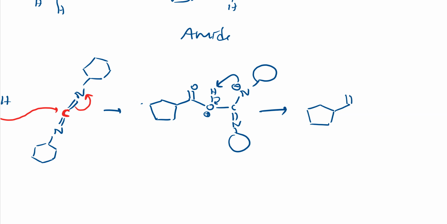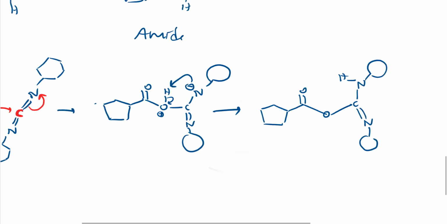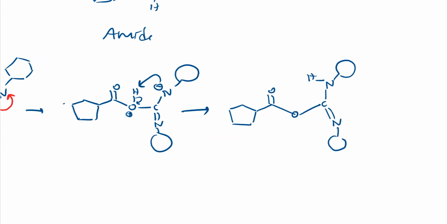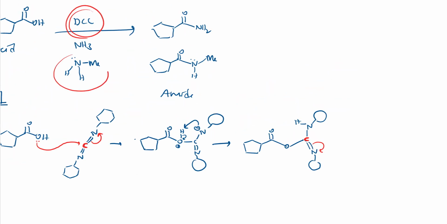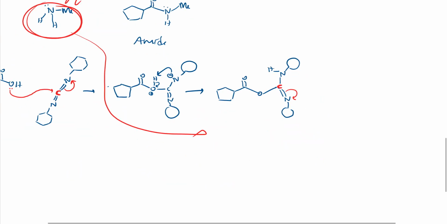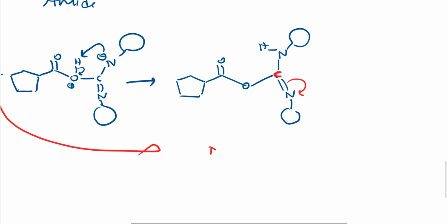So double bond O, and here oxygen, carbon, to this NH is there, and here cyclohexane ring, and here double bond N, and to this cyclohexane ring, right? Till this I hope you got it. I have told you this carbon is more electrophilic. Why? Because it has an electronegative atom, so it can easily go like this. So I have used one base here. I can use ammonia or anything. So I am going to use ammonia NH3 like this.